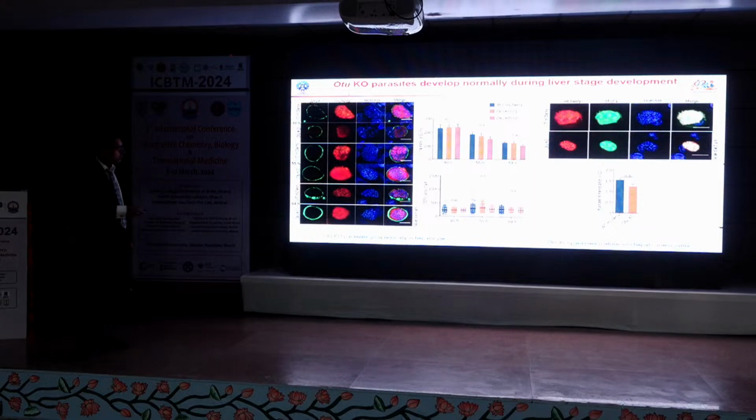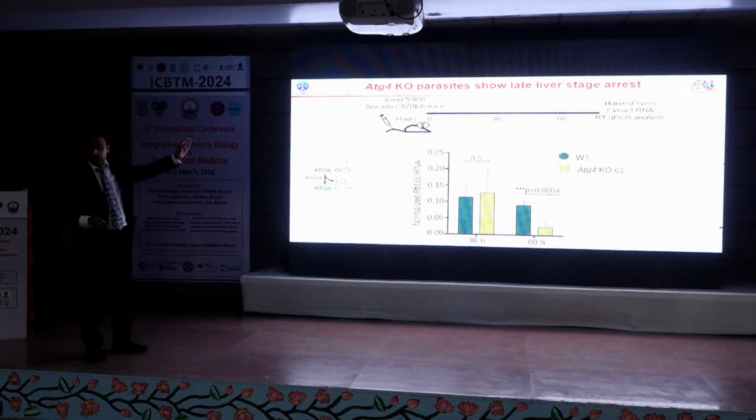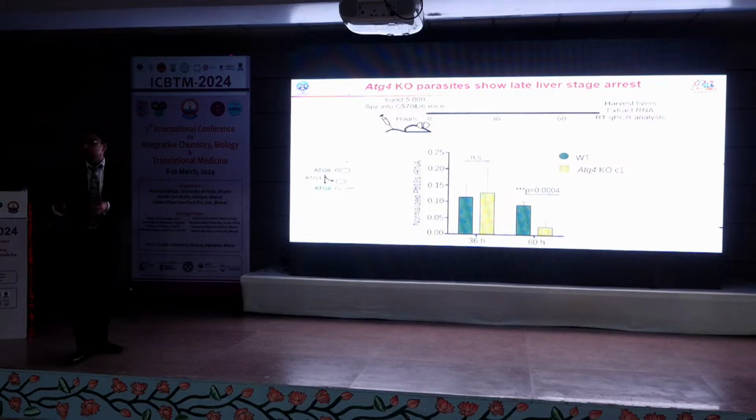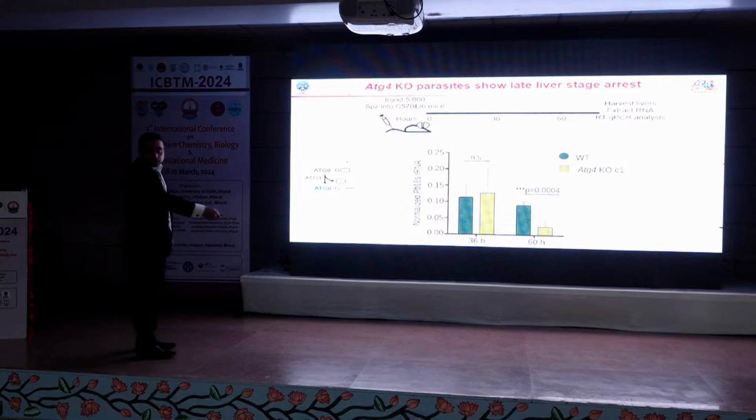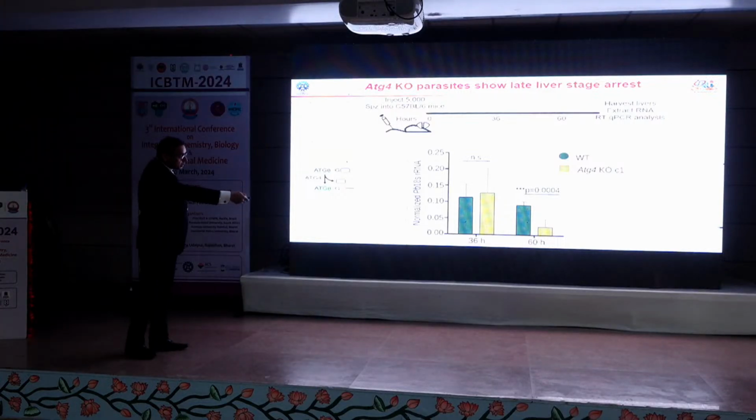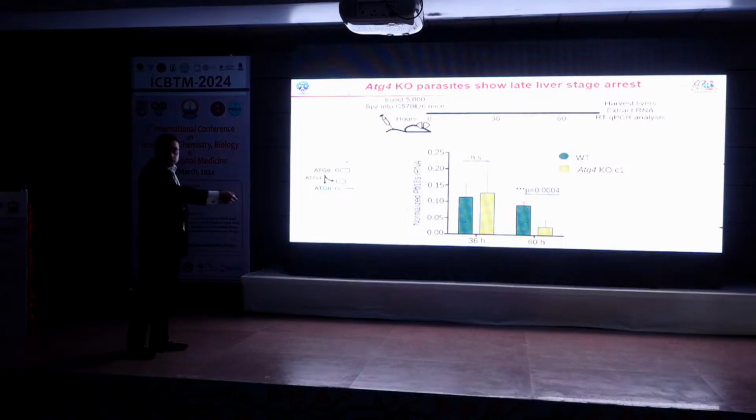Next we checked the development of ATG4 knockout parasites, where first we inoculated mice, then isolated the liver and checked the parasite burden in the liver by measuring the 18S ribosomal RNA. You can see that at the initial level, at 36 hours, there is a normal level of parasites in both wild type and knockout. However, when we check the maturation stage, that is 60 hours post-infection,